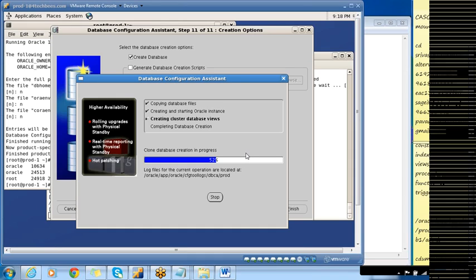So the database creation will be same, but the only thing is you'll have some global cluster database views. So I'll be showing you that tomorrow. There'll be some GV$ views. So till now what we saw was V$ views, which were specific to that instance. But we'll have some additional global V$ views, which will give you the information about node 1 as well as node 2. So in the database, you'll have additional views with prefix GV$.